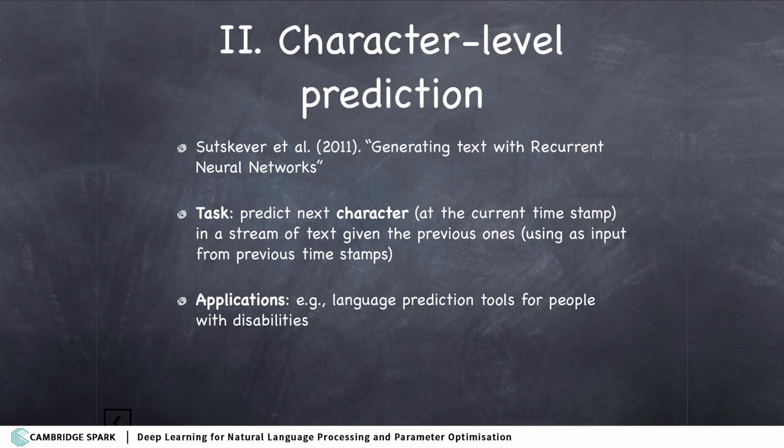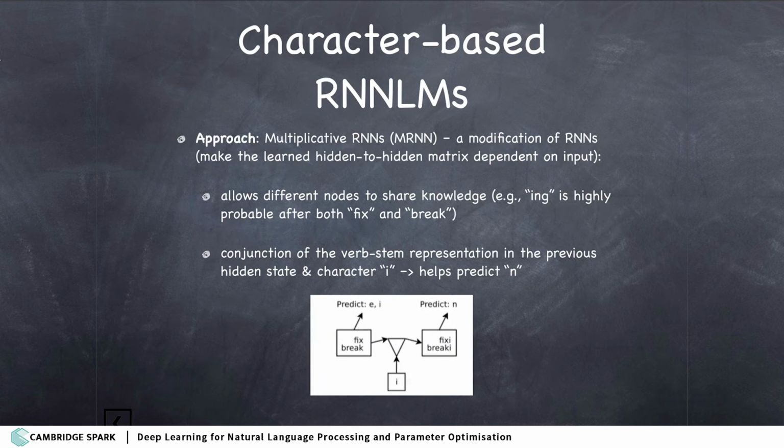An obviously very useful application of that would be to help, say, people with disabilities by providing them with tools where they can type by just being suggested what the possible continuation would be on the basis of what they have typed so far. In that case, again, we are applying a neural network. This time we use the previous characters as context. A clever idea behind it is that we want to condition the next character on what has been said so far, and we want to share information between different parts of words that would likely predict a similar ending.